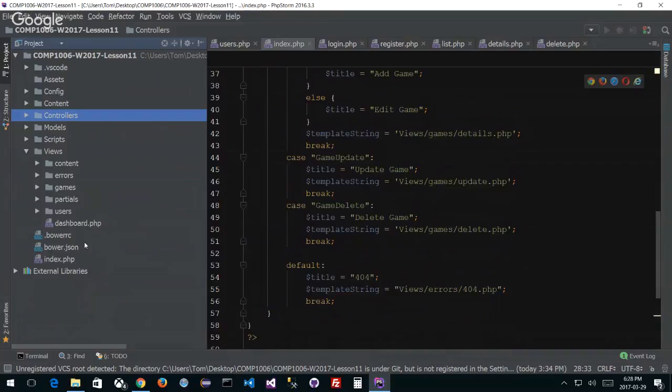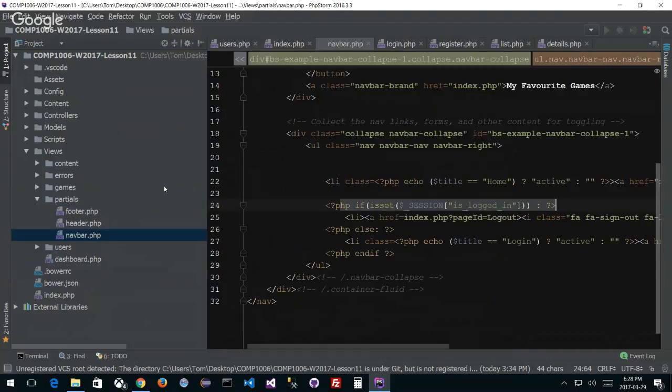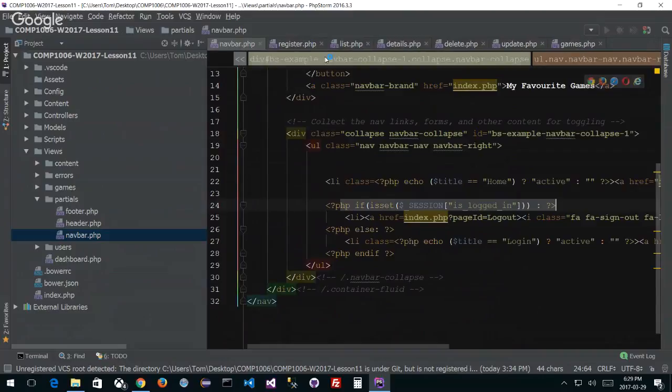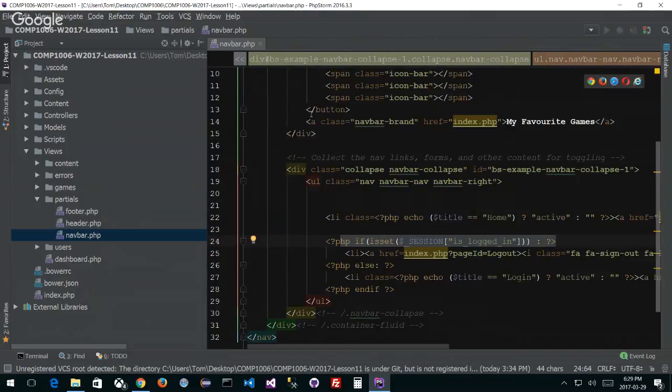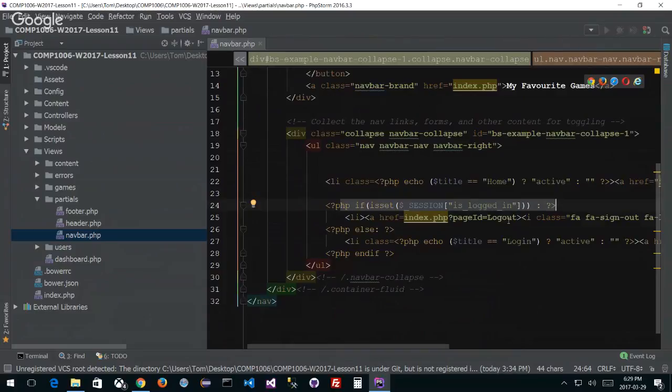And the other thing we missed that we haven't done yet is our navbar. In our partials, like I said, in my navbar.php. And let me just get rid of all this stuff to show you. I want to show my display name, my navbar. Where do I get it from? What do you think? Yeah, so no, here's my stuff here. I want to get my information from my display name, right? So where do I get my information from my display name in my navbar? If my navbar itself,